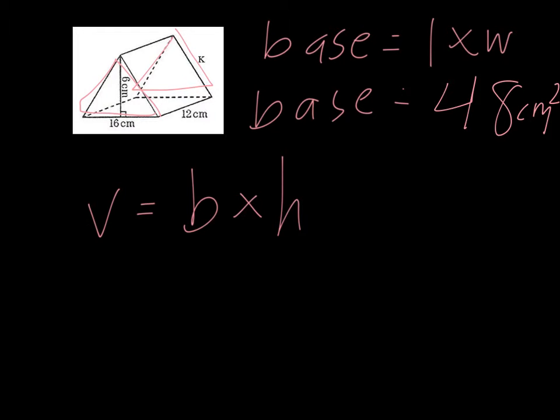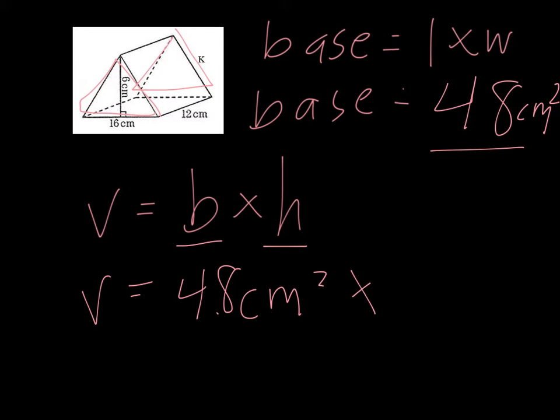We know that volume equals base times height. Now we're able to find the volume of our prism. So we've got our base, 48 centimeters squared, times the height, which is right here, defined as 12 centimeters. So 48 times 12 is equal to,